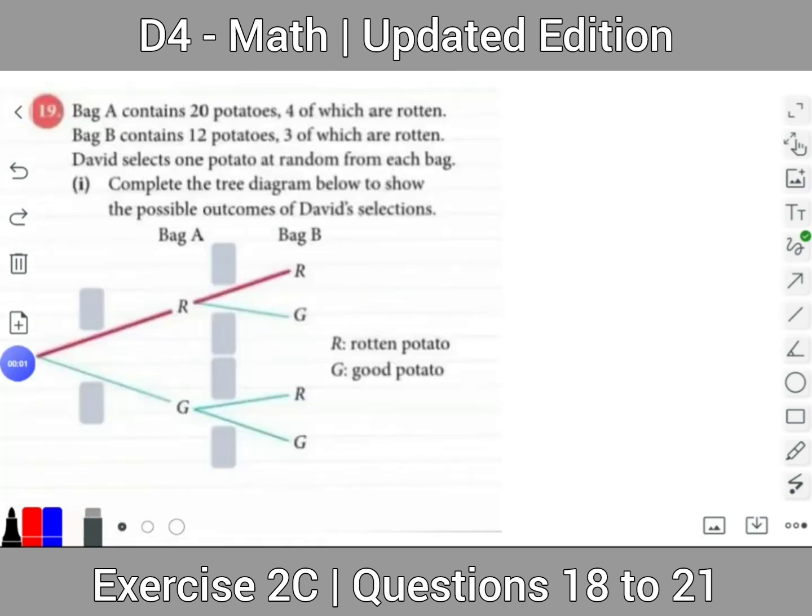And the question 19, bag A contains 20 potatoes, 4 of which are rotten. Bag B contains 12 potatoes and 3 of which are rotten. David selects one potato at random from each bag. So in the part 1, complete the tree diagram below to show the possible outcomes of David's selections. Since in the bag A,